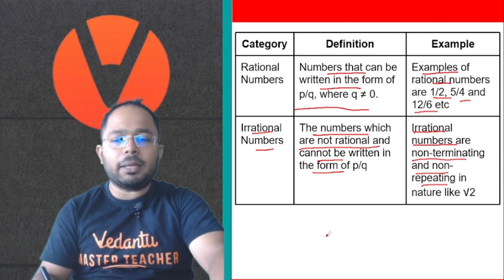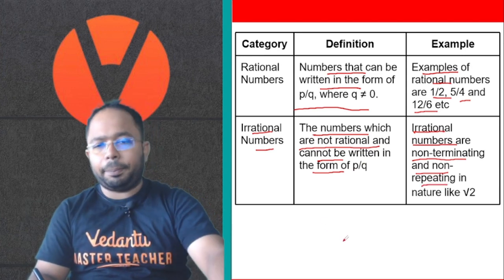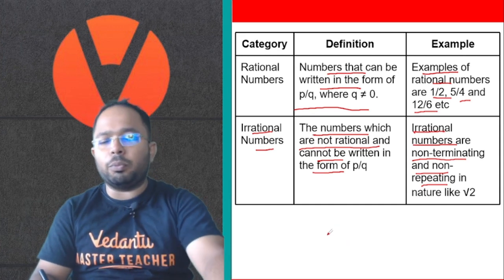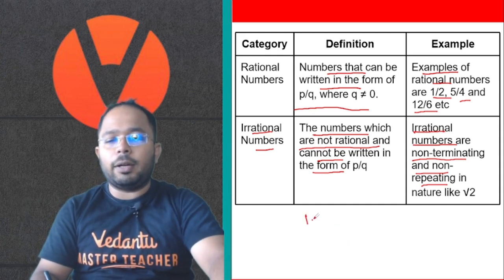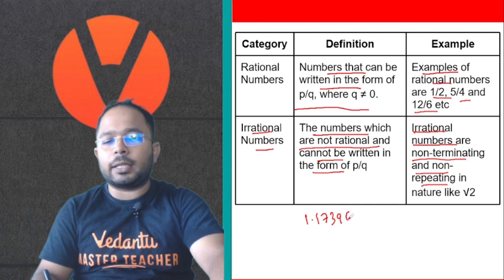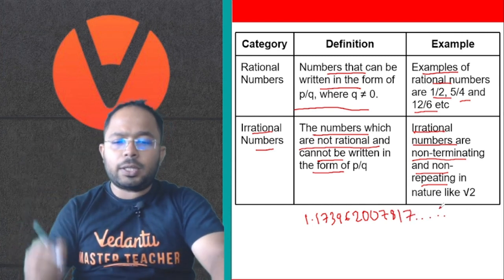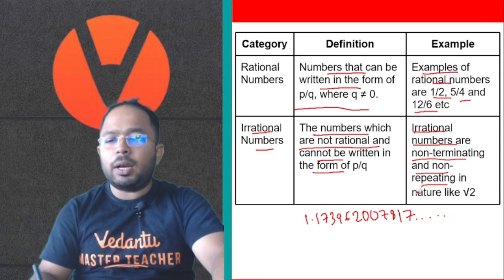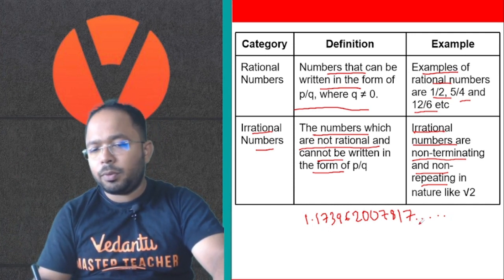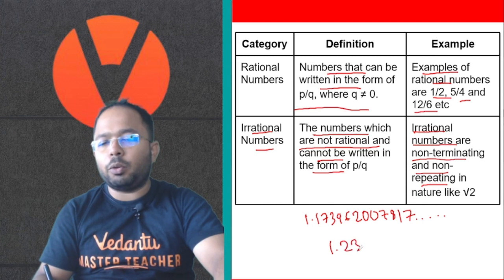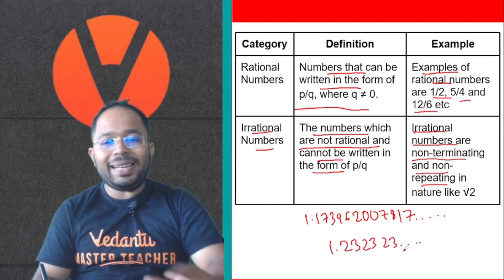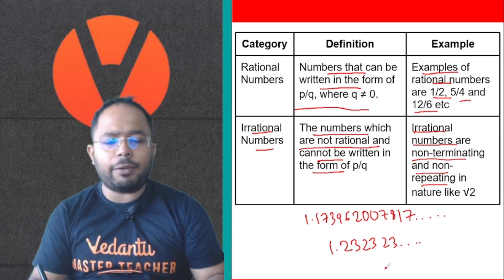नॉन टर्मिनेटिंग मतलब ऐसा है जो रुकता नहीं है, अगर उनको डेसिमल फॉर्म में लिखूं तो वो रुकेंगे नहीं, जैसे 1.17396200737878117 कुछ भी चल रहा है, इट्स नॉन टर्मिनेटिंग, ना रुकेगा और ना ही रिपीट हो रहा है। ओके, जैसे रिपीट होने का, जैसे 1.23232323 इसको कहते हैं नॉन टर्मिनेटिंग लेकिन रिपीटिंग है, तो इसको हम लोग रैशनल के फॉर्म में लिख सकते हैं।